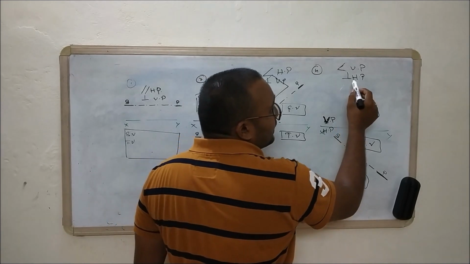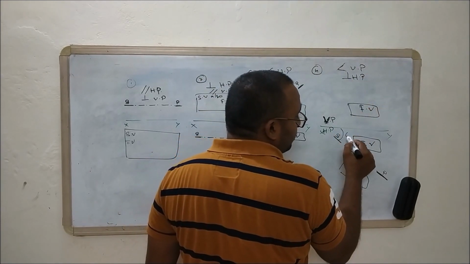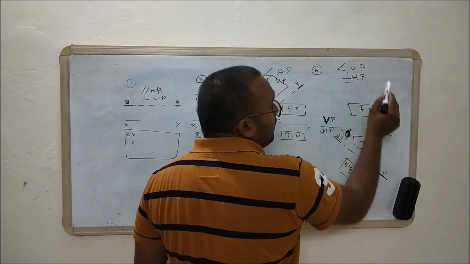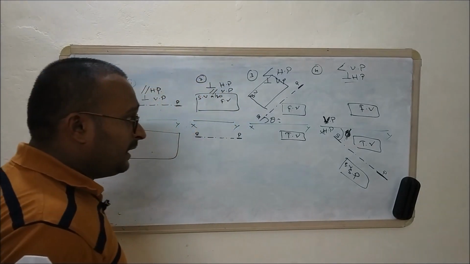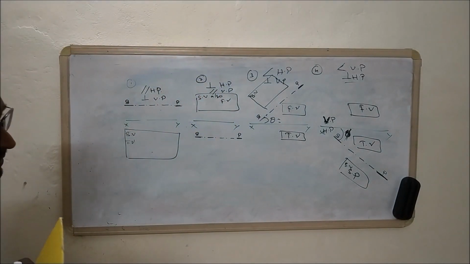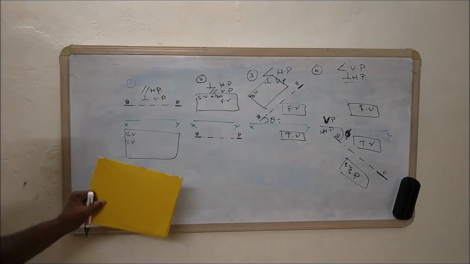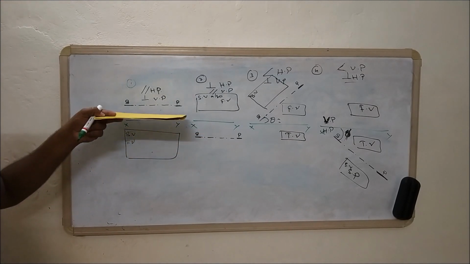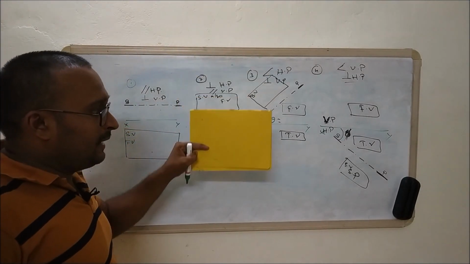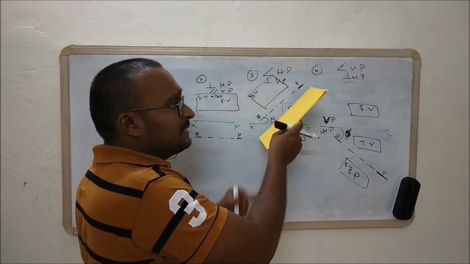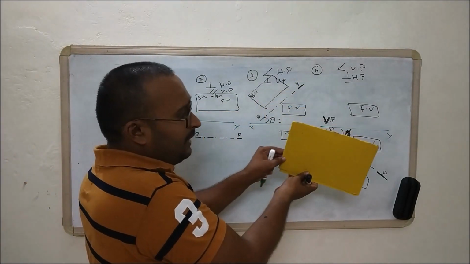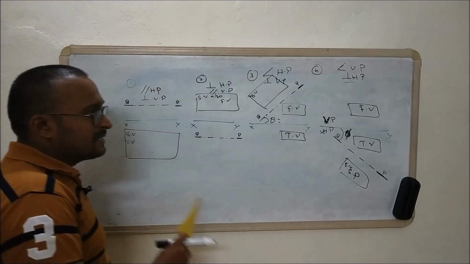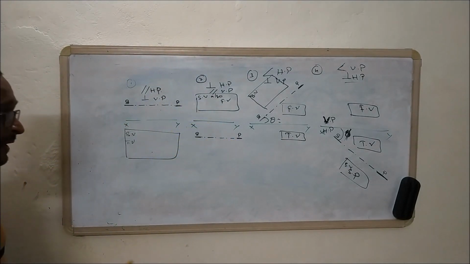So when inclined to VP at an angle of 5 degrees and perpendicular to the HP, right? And one more condition is there, perpendicular to both the planes. Most of the cases they won't ask about that; they will ask only about a section plane parallel to the HP, perpendicular to the VP. Section plane parallel to the VP, perpendicular to the HP. Section plane inclined to HP, perpendicular to the VP, and then section plane inclined to the VP and perpendicular to the HP. So in most of the cases these four conditions will be given, right?